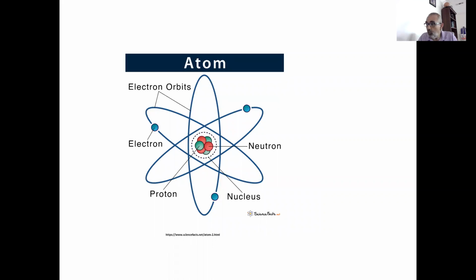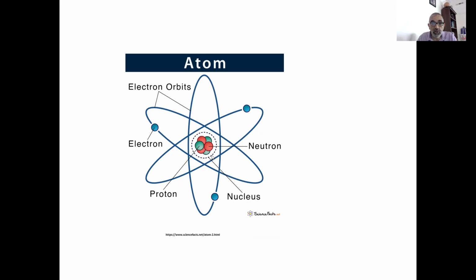And a cup of water, or a bottle of water here that we may be drinking, seems like you could keep taking smaller and smaller portions of it ad infinitum, but we know that eventually we will get down to one single water molecule, and there's no smaller unit of water. That single water molecule is made of 2 hydrogen atoms and 1 oxygen atom. So we all remember that matter is made of atoms, and that atoms further,